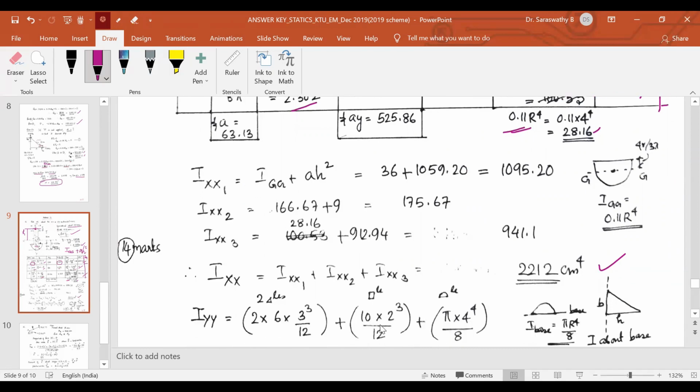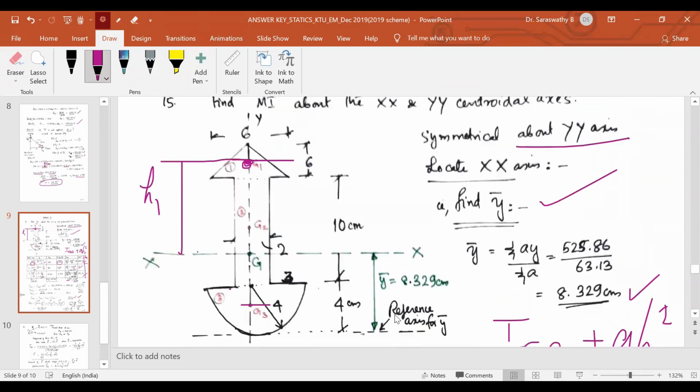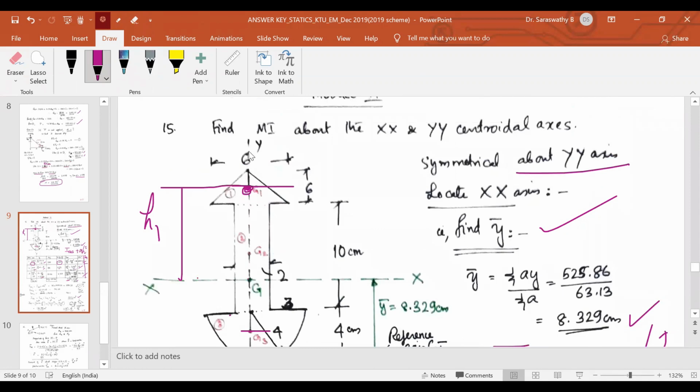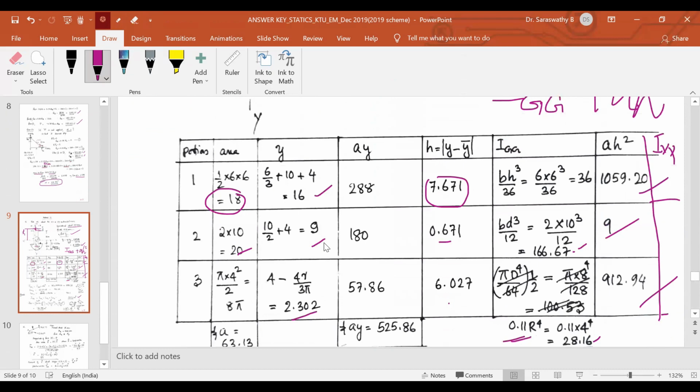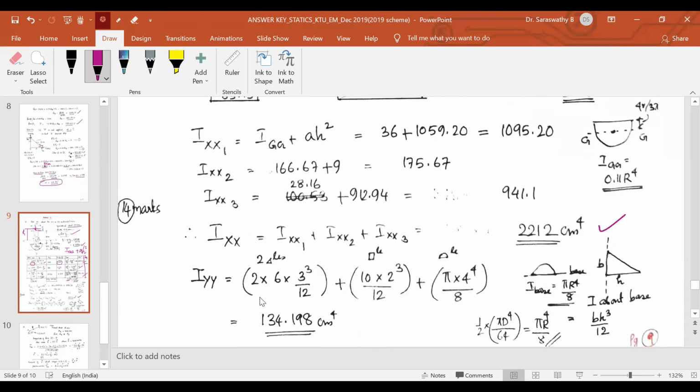Similarly, if you want to find the moment of inertia about the y-axis, about this axis, this y-axis coincides with the base of this triangle. If you consider this triangle, it is the base of this triangle. Similarly, for this triangle also, it is a base. So I can write Iyy of first figure as moment of inertia about base of this triangle for 1, then multiply it by 2, because it can be split up into 2 triangles. So Iyy I have written as 2 triangles.